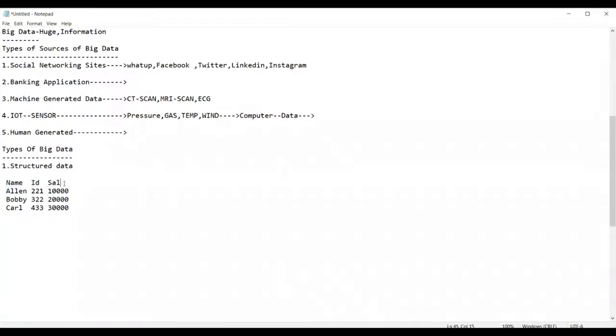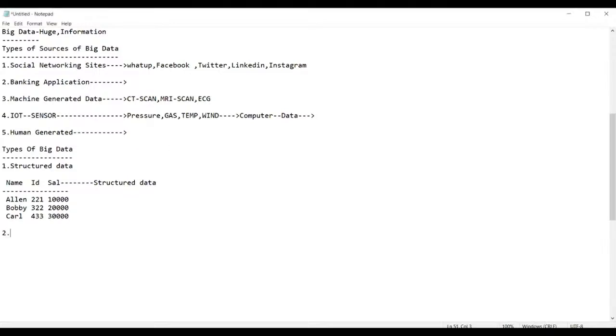Yes, these are the rows and these are the columns. This kind of data is proper data. Hence, it is called structured data. The data which is placed in the proper form of rows and columns is called structured data. Am I right, everyone? Am I audible to everyone or not? Yes. So now, this is what is called structured data.